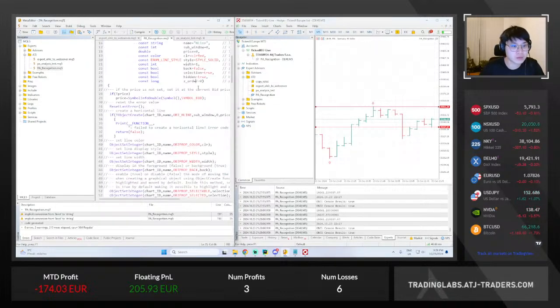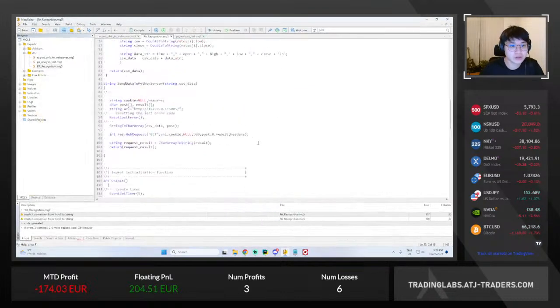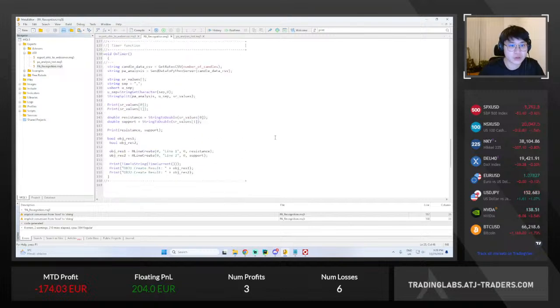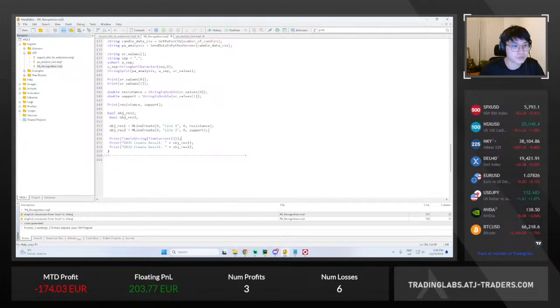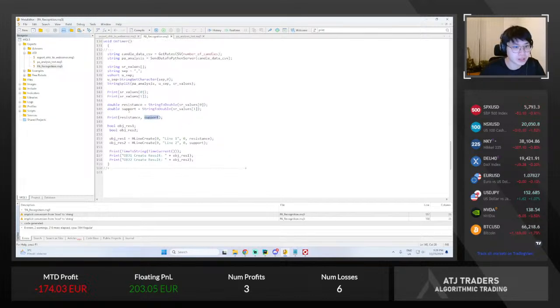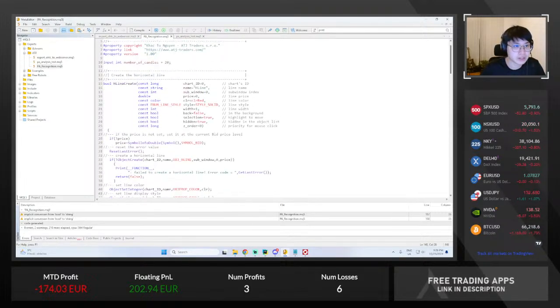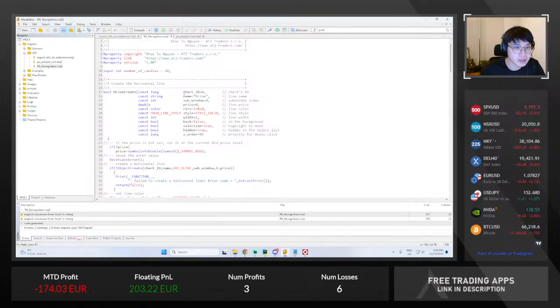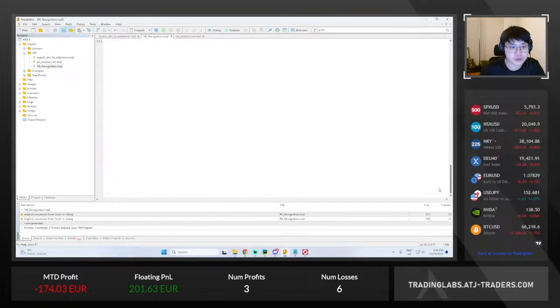So now we still need to look for the problem. So this is the support level, and this is the resistance level. And we check the values in hline create. We have the chart ID, name, subnet, and the price. And the price,